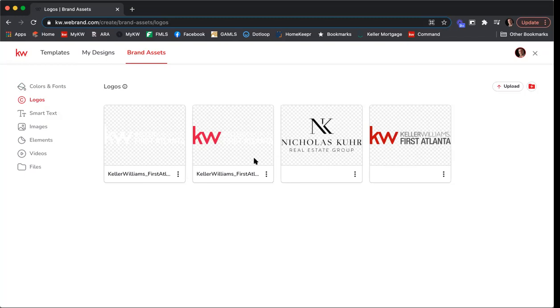I recommend adding all the different options here. That way, depending on what the background is for that piece of marketing material, you can select the logo that works best and stands out. I have the all white one here because if I have a dark background, this white is going to pop. If you don't have the First Atlanta logos, we can download those together really quickly at